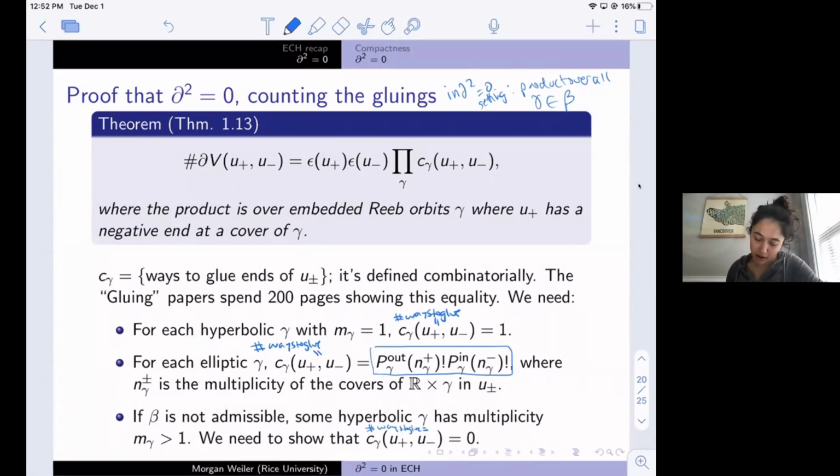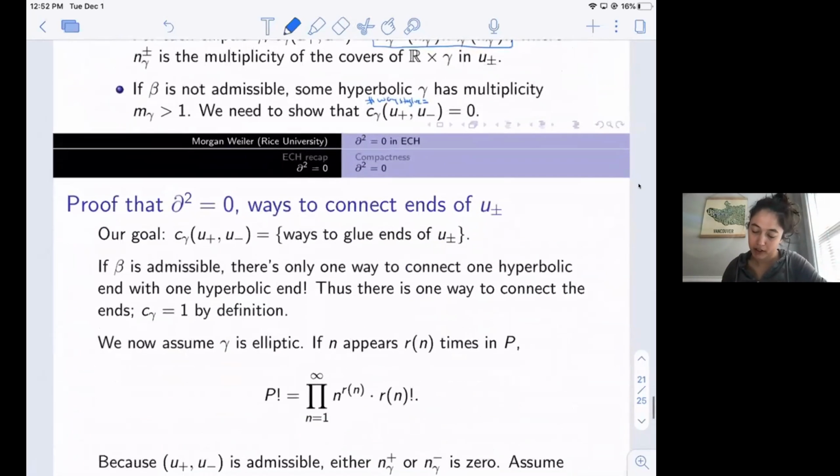And then for the final piece, if beta is not admissible, then that means that some hyperbolic orbit has multiplicity greater than 1, and we need to show that in this case, the number of ways to glue is 0. Okay, so for the first part,